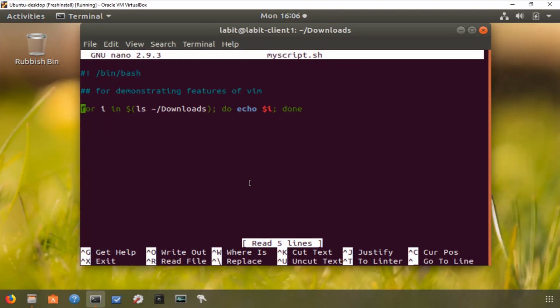And it also has highlighted our syntax, but the color is different. So in Vim it used yellow for our keywords. Here it's green, but it doesn't matter, it's highlighted. Now a good thing about Nano is that all the shortcuts are listed at the bottom, and you can get more shortcuts by typing in Ctrl G,